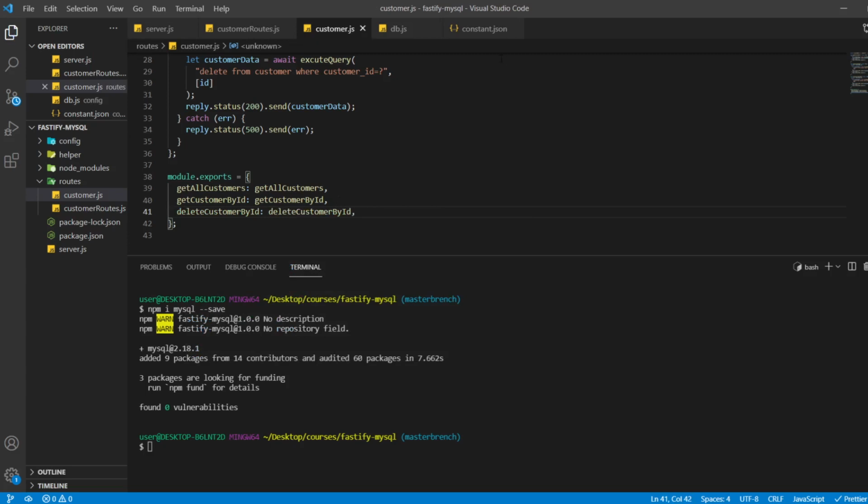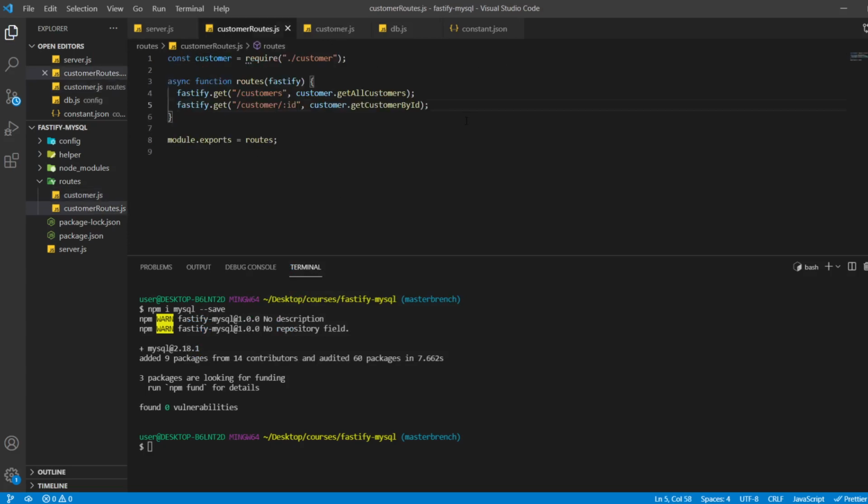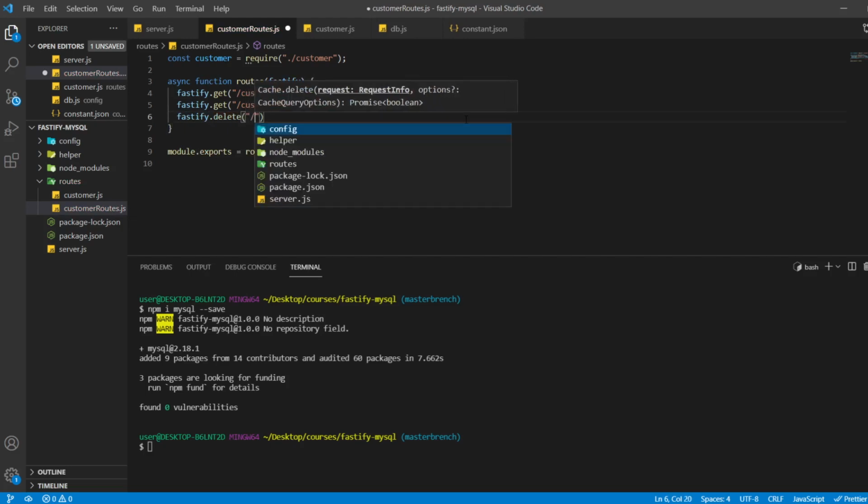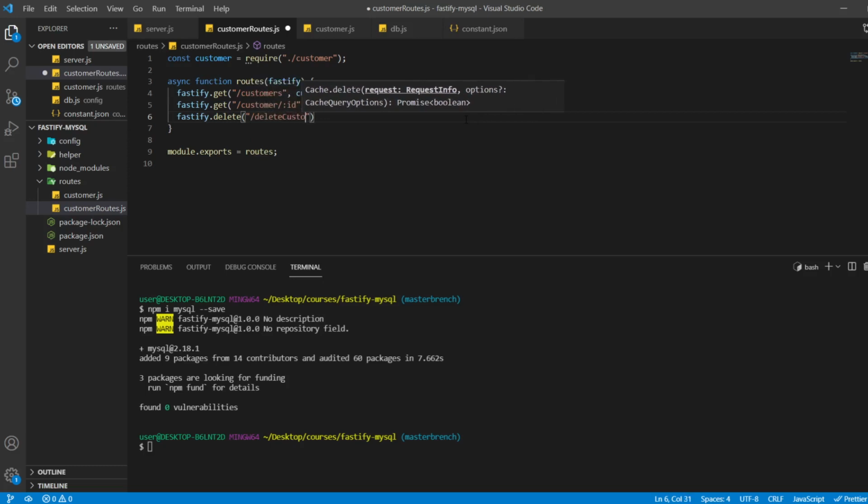Okay, and in customer route.js we can specify the route, delete slash delete customer slash ID, and then customer dot delete customer by ID. Okay, the next one is